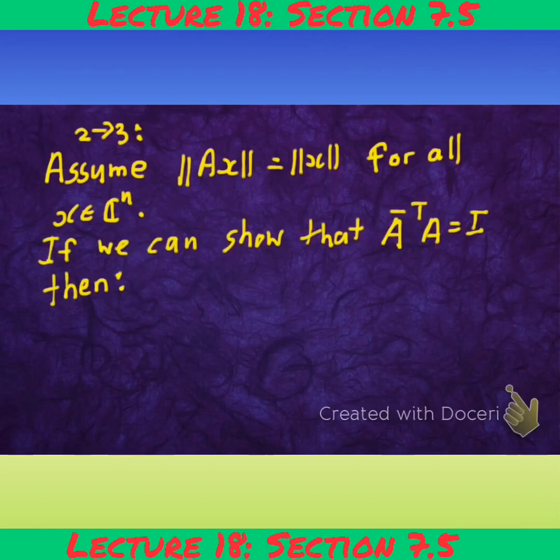The important point is, if we can show that A's conjugate transpose multiplied by A is the identity matrix, then if we take AX and dot it with AY, then we know by definition that is going to be